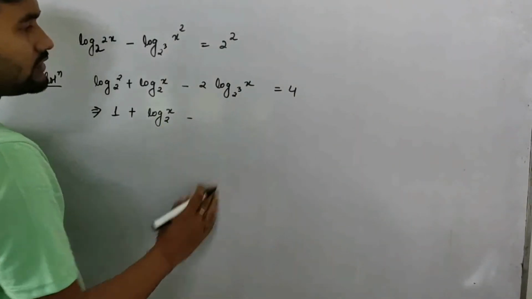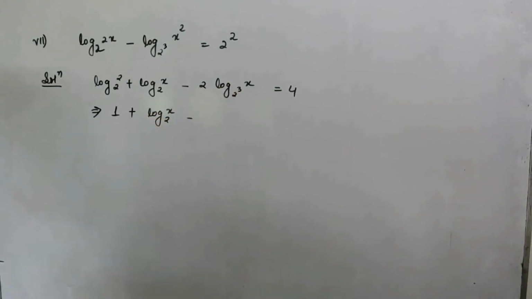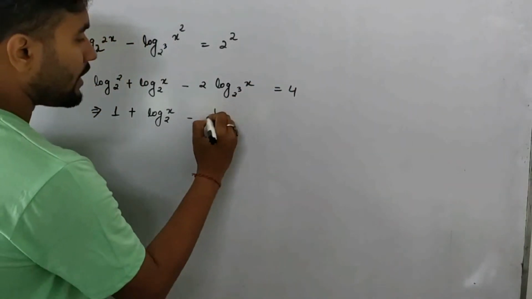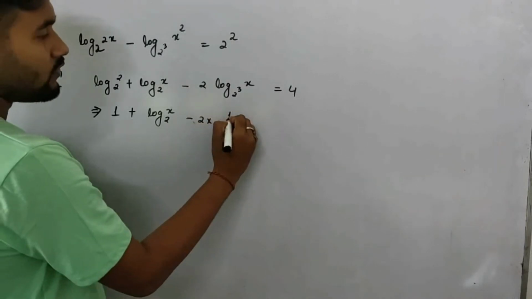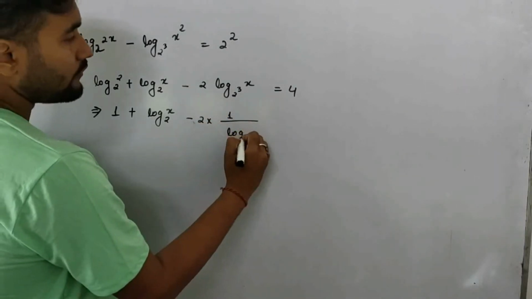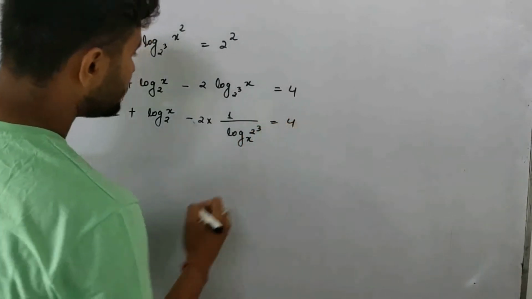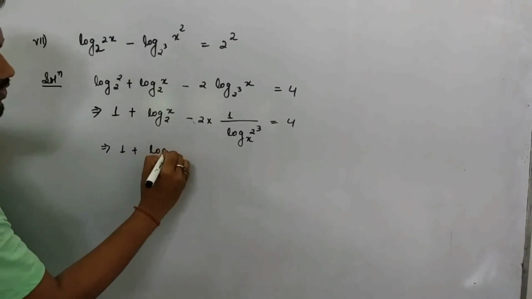Then minus. Now see this 2 cube. In the base there is no work, so I will take it up. For that, again change of base. So 1 by, sorry, this 2 is there. So minus 2 into 1 by log of x with this as base. Now I can write this one as 2 cube. Now I can solve the question easily. So which implies 1 plus log of,